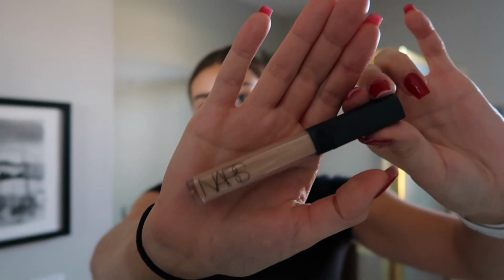Now that my base is on, I'm going to go in with some concealer. I'm currently using the NARS Creamy Concealer, and I'm in the shade Café con Leche. I just started using this about a month ago, and I really like it. So far, it's not cakey, it doesn't crease too much. I was using Tarte, and those were some problems that I found with it, so I recommend using this if you need a new concealer. So I'm going to go ahead and just put it in the inner corners of my eye, the outer corners, then I'm also going to put it up here,